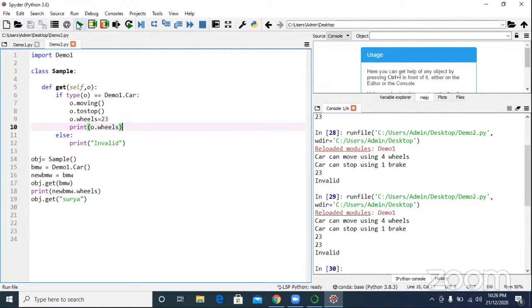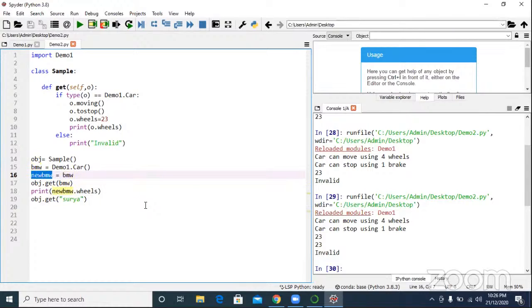So, sir, here she said at line number 16, new BMW equal to BMW, right? So we cannot create here, right? We are assigning. Yes, that is what madam is saying: the memory address of BMW has been given to new BMW, correct?